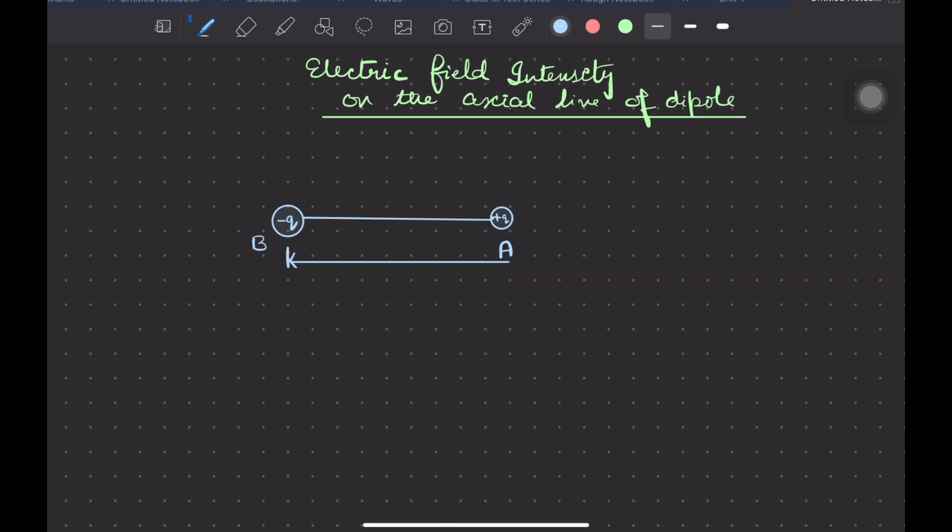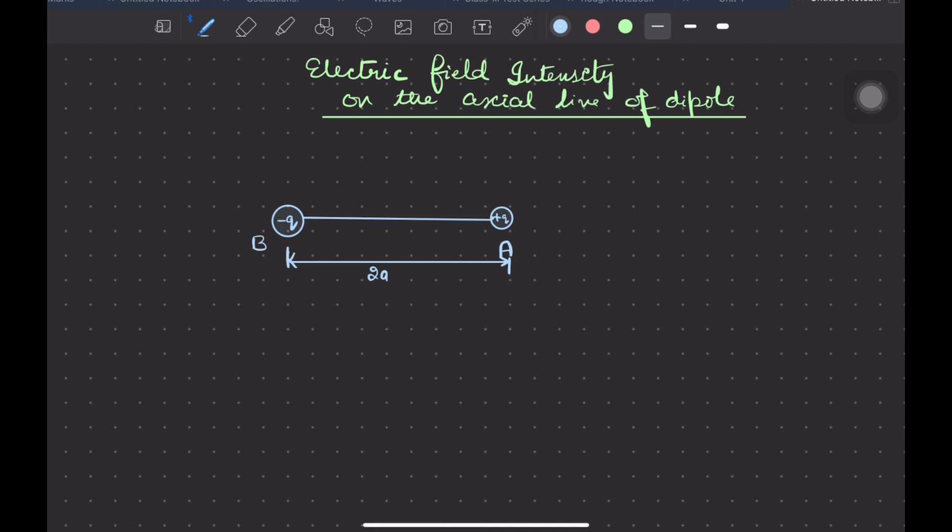So let us say these two charges are separated by a distance of 2a. As you already know, for the length of the dipole we always choose a factor 2, and the reason is that when we have to take the center of the dipole, it becomes easier for us to divide it into two equal parts. Otherwise the numerical value will be disturbed a lot when you take a factor a by 2 or l by 2, whatever kind of labeling you want to do. So when you divide it by 2, it makes the relationship a bit more complex. So we always take a factor 2 over here.